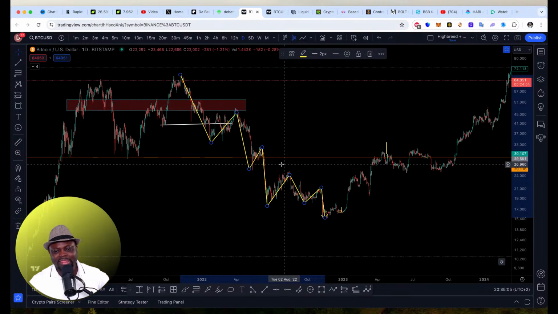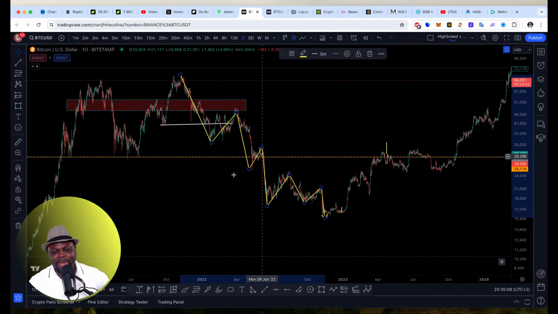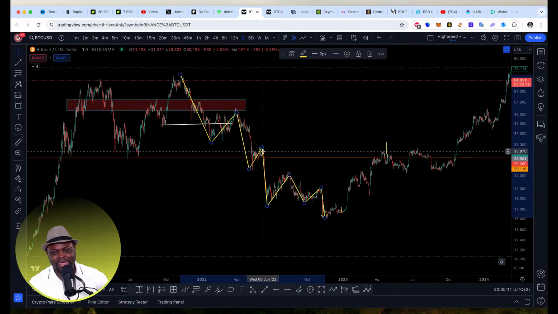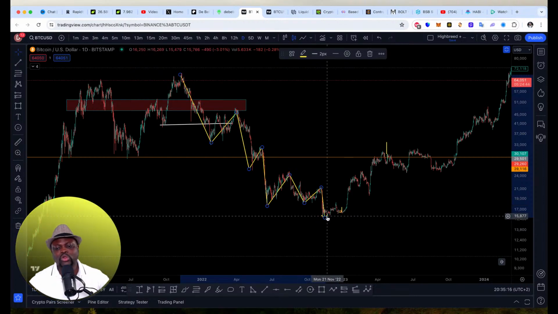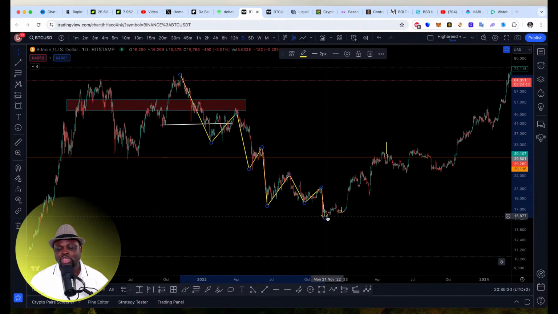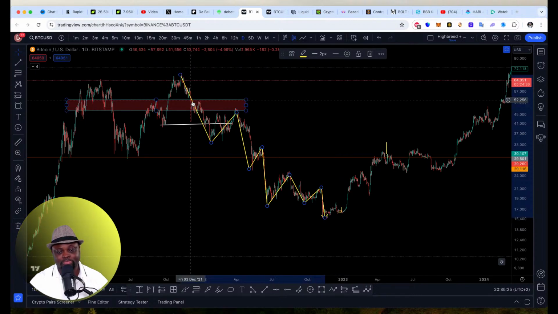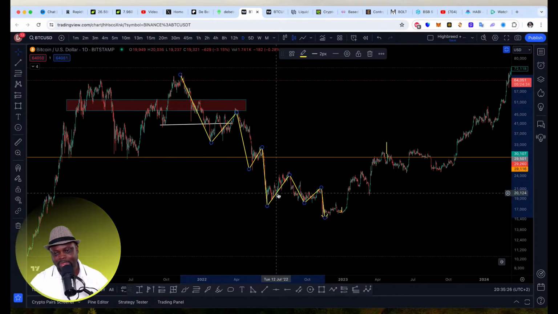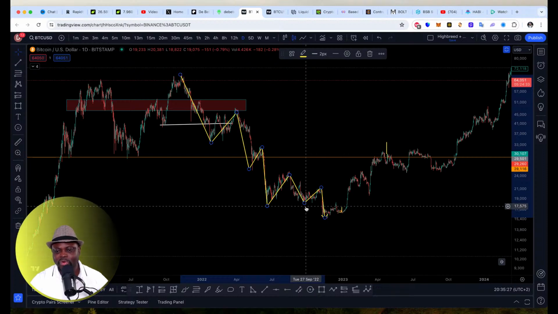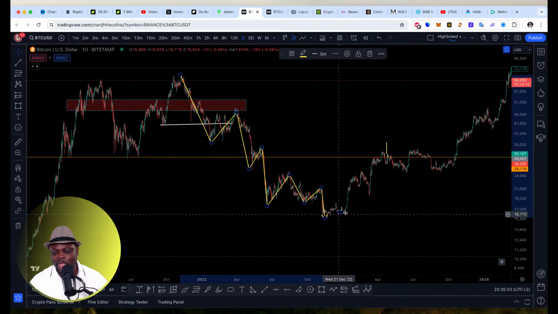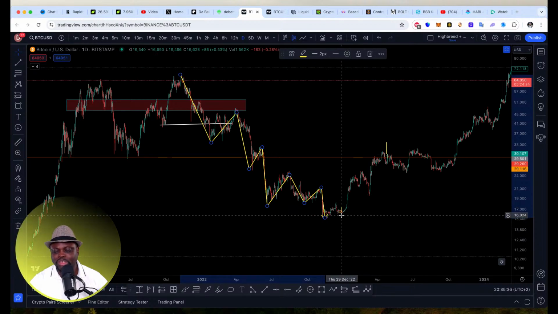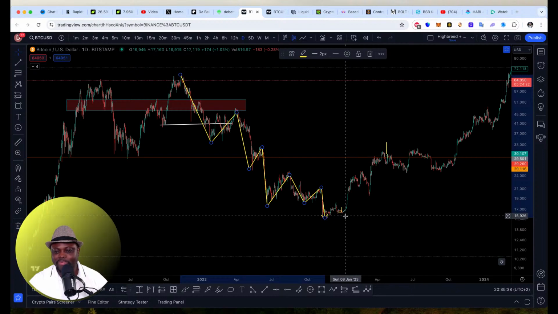So looking at this right now, you can see immediately price broke this zone, price fell drastically to the downside. Now, how do we know that price has broken back structure? For us to know that, price has to do the same thing price was doing when price was dumping to the downside. Price has to move, and during the retracement, price must not come back and make a lower low. Price must hold, must create higher highs.